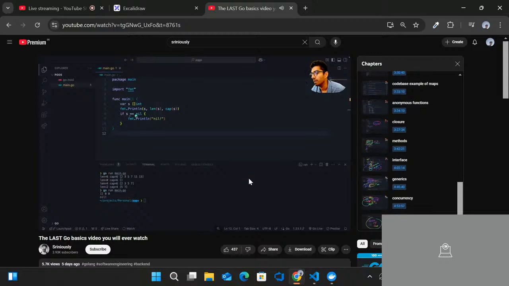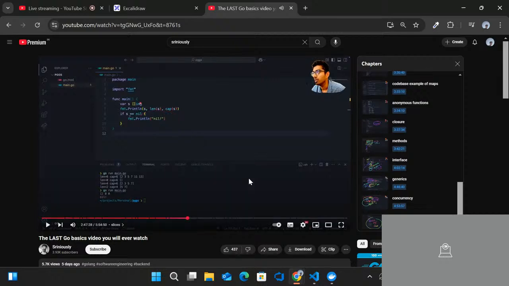But the thing to focus on here is the value of the slice itself, not talking about length or capacity or the print statement. The value of the slice will be nil. When we try to compare it, if S equals nil, we get inside and we print this statement, because